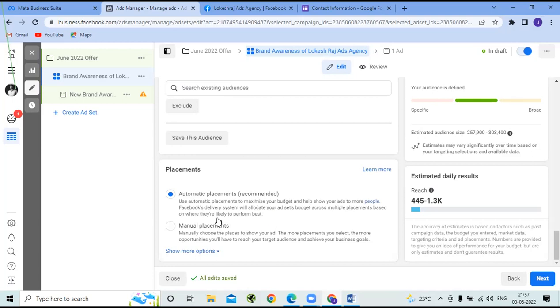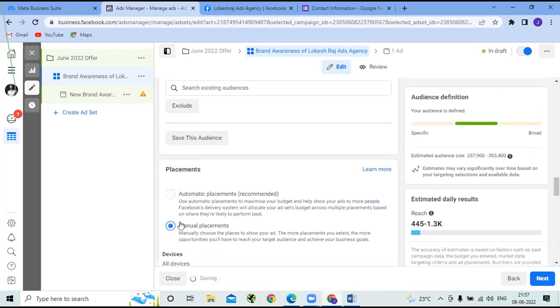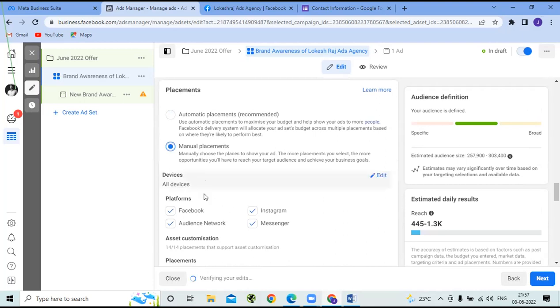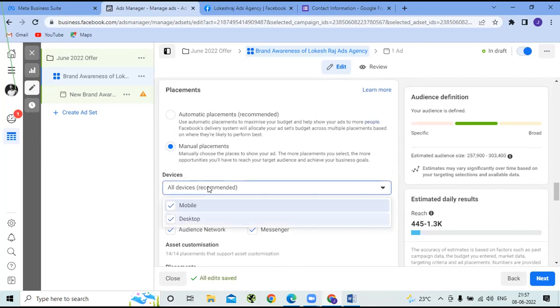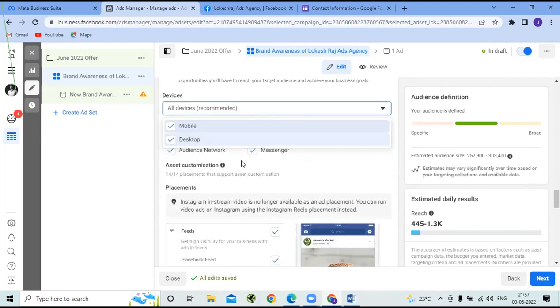But in case if you are very specific, मैं ये ad particular इस platform पे run करना चाहता हूँ, तो आप यहाँ पे manual placements पे click कर सकते हैं और यहाँ पे choose कर सकते हैं किस devices पे, particularly on which type of devices users of Facebook को आप टारगेट करना चाहेंगे, सिर्फ मोबाइल यूजर्स को या डेस्कटॉप यूजर्स को। दोनों पे करना है तो आप बाय डिफॉल्ट ऑटोमेटिक प्लेसमेंट्स ले सकते हैं।